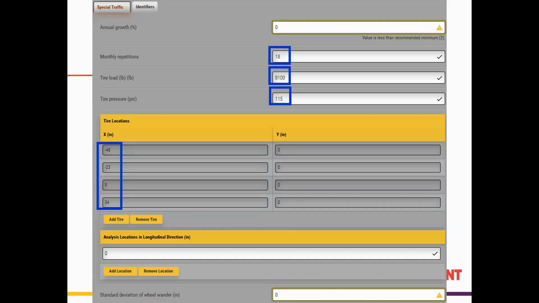So the next best thing to do here, and there is an error in this that I just noticed, sorry about that. You can put one at minus 48, put one at minus 23, and then the next one should be 2 inches. You go to 2 inches, and then the next wheel should be at 27 inches. Sorry about that. The placement of those wheels is wrong.